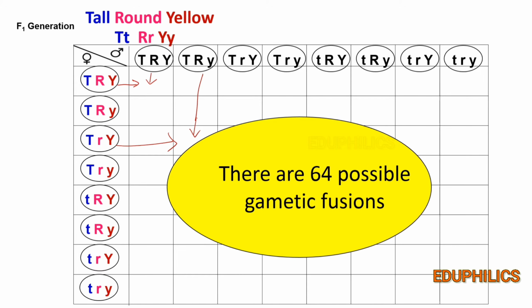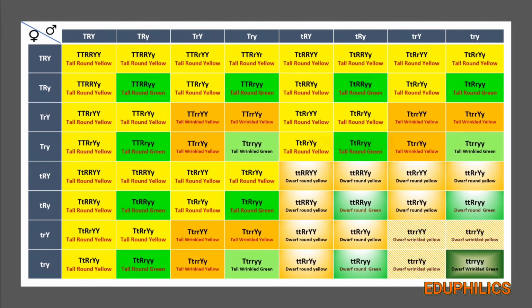Let's look at the Punnett square clearly. So this is the Punnett square which I have already written. You can observe the difference in color, just to show the difference of the phenotypes. If this gamete and this gamete fuse, a tall plant with round yellow seeds is formed in F2 generation. So these are all the offspring of F2 generation. Pause this video for a while and observe all the phenotypes and genotypes of F2 plants.